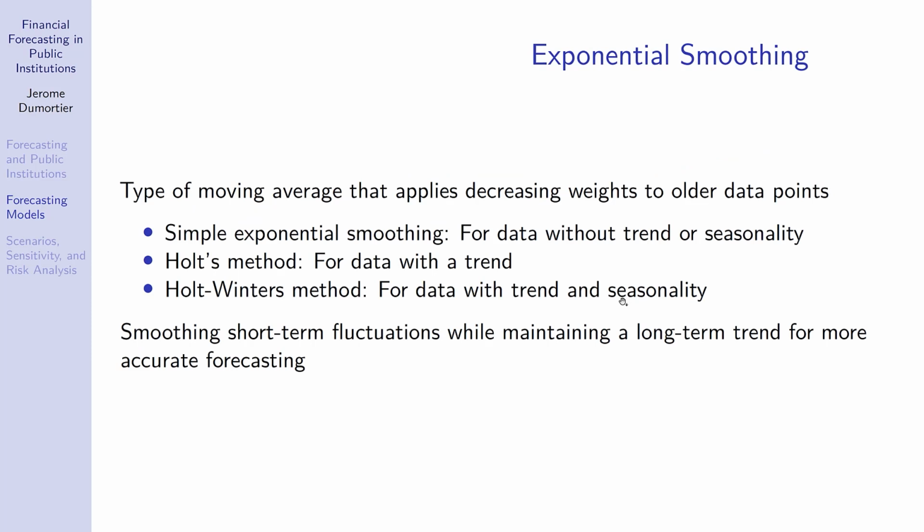Now, there are various other techniques, and the next one that we are going to look at is called the exponential smoothing method. Now, there are multiple exponential smoothing methods. For example, we have the simple exponential smoothing, we have the Holt's method, and we have the Holt-Winters method. Now, note that we are only going to cover the first 2, where the simple exponential smoothing does not assume any trend or seasonality, and the Holt's method can actually handle trends.